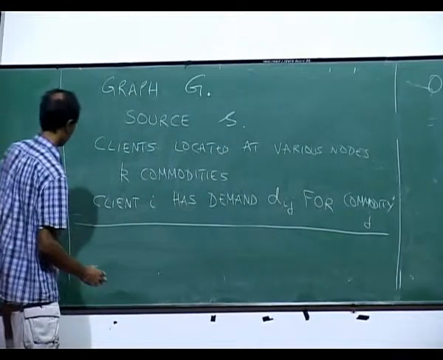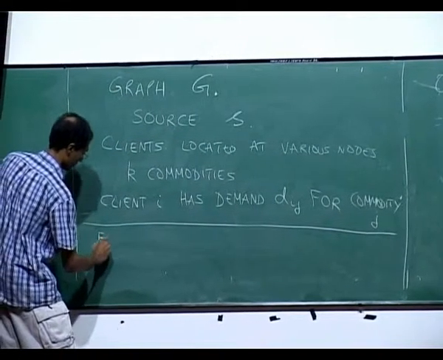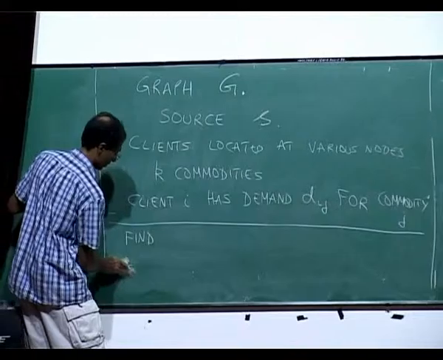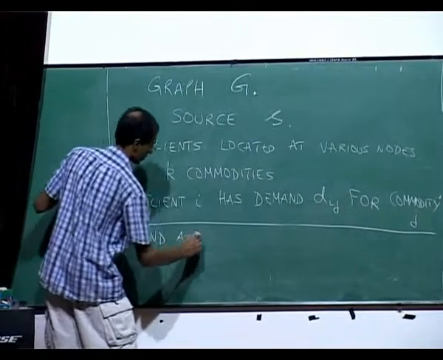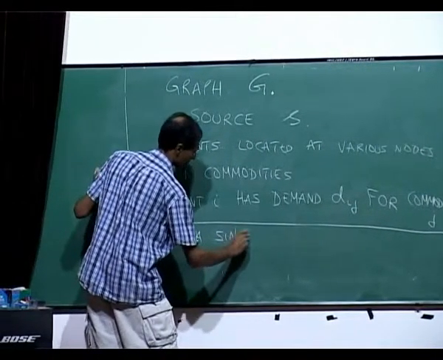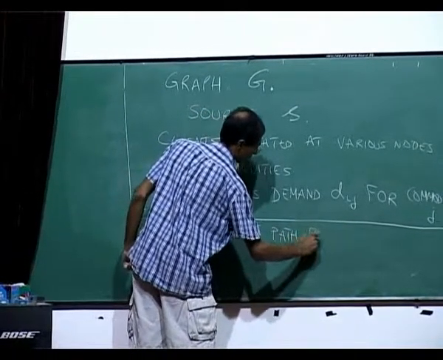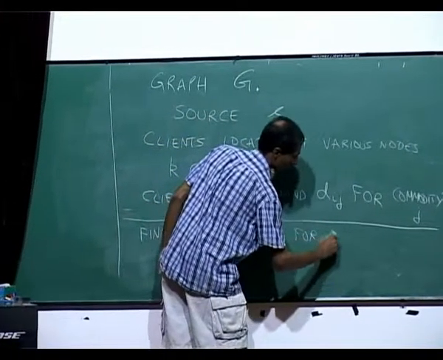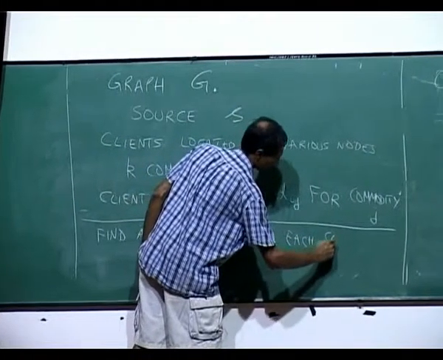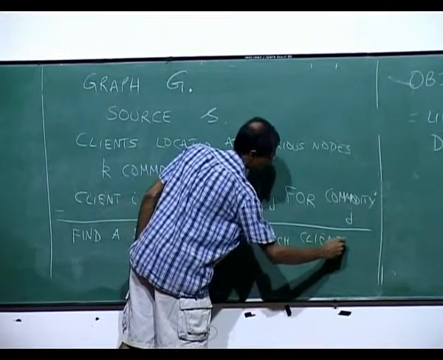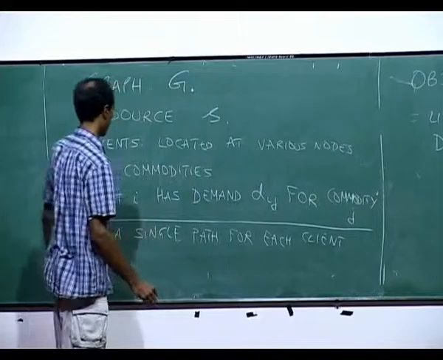Okay. Find a single path for each client to the source